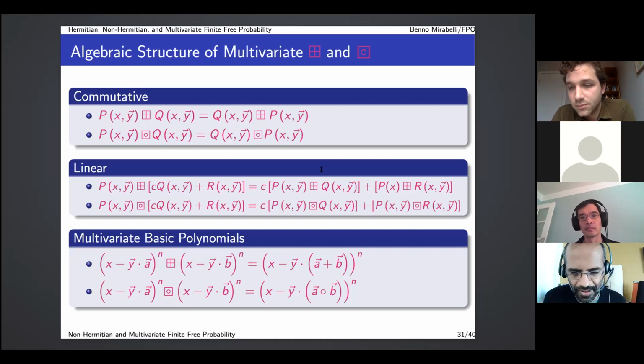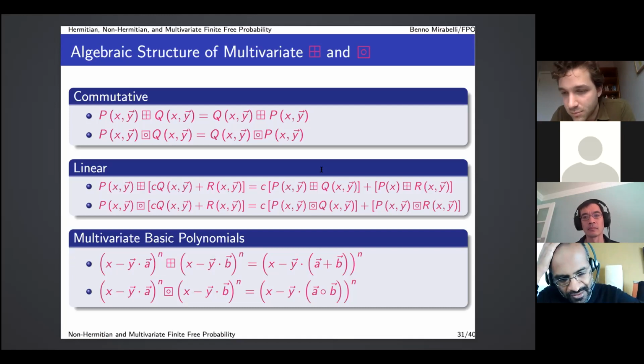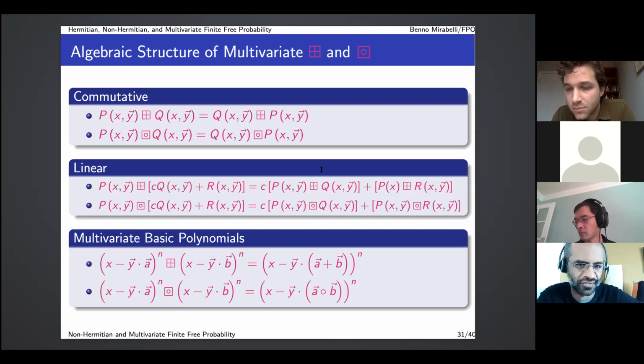So maybe I'll ask a question. In the finite limit, also the non-Hermitian one, it basically implies that the roots of these polynomials converge weakly to the semicircle, or circular, right? Or no, sorry, not circular. Converge weakly to the Hermite polynomial roots, or to the circular Hermite polynomial as you define them. Could you say something about the rate of convergence, and could you say something about the support? So could you say something about the extreme roots?